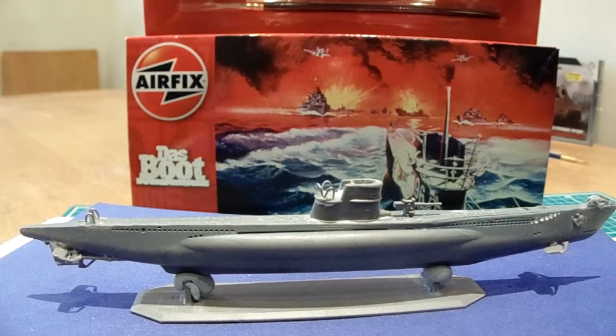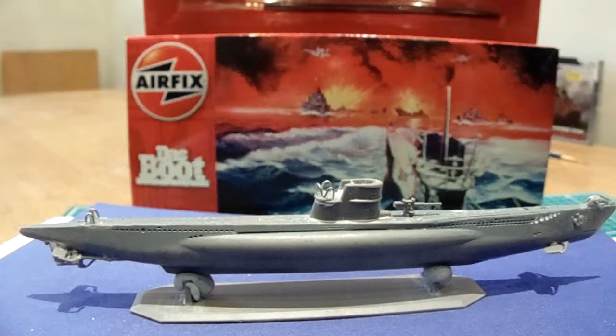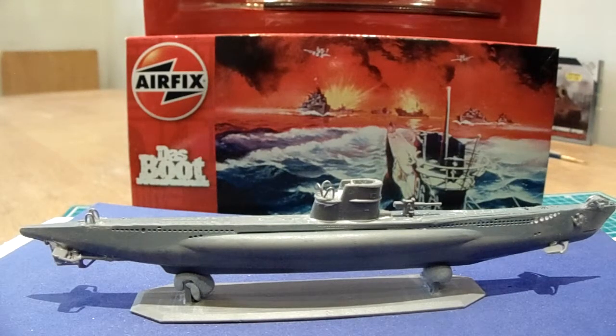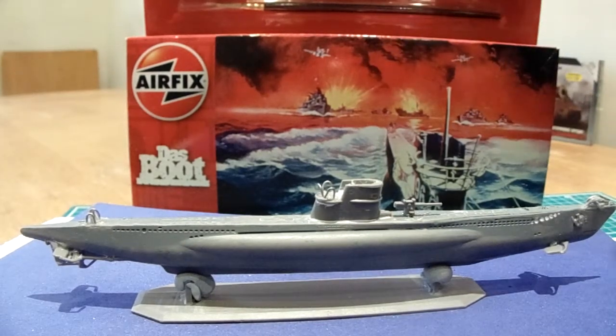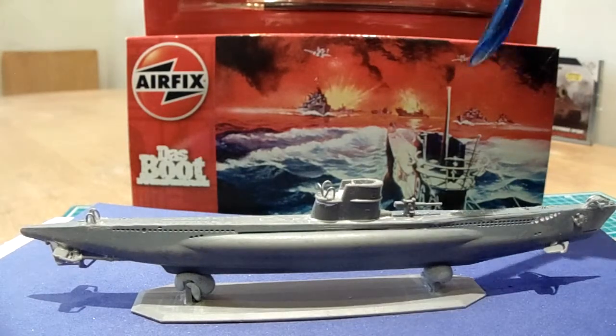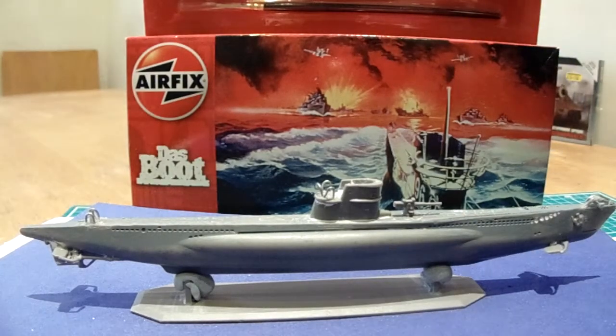So what was intended to be, like I mentioned earlier, a stress-free build turned into a bit of a mini nightmare and headache. But I think we got it back on track. This is meant to be a rapid build, as it would be for a lot of modelers out there, but not this one. But I'm kind of glad I persevered with the breakages, because I really did want to sling it in the bin yesterday. Last night, when the third assembly broke, I thought, oh, I'm going to chuck it away,